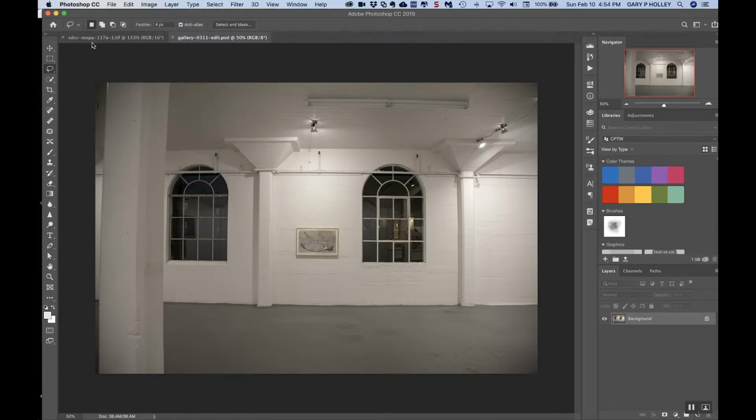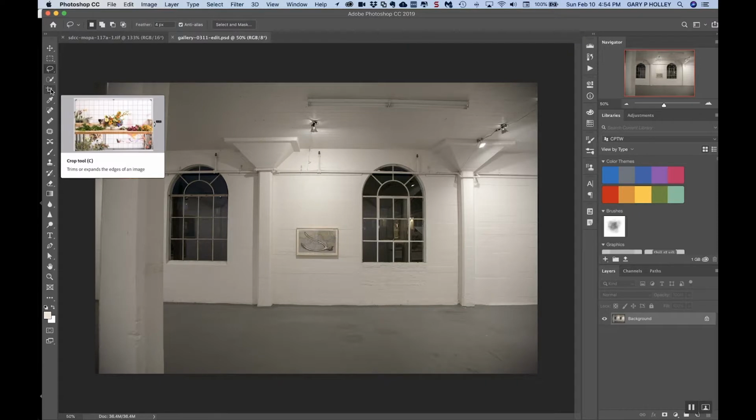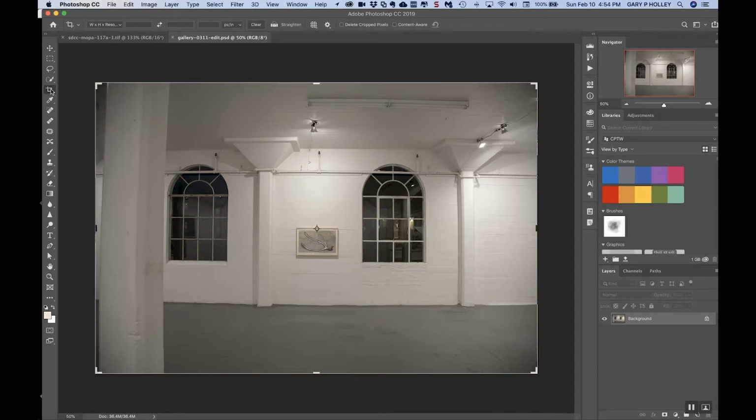I want to show you the cropping. So again, with cropping, I'm going to grab the crop tool. The shortcut's the letter C for crop. And so you'll get a little bounding box around the whole image. And so here what I want to do is